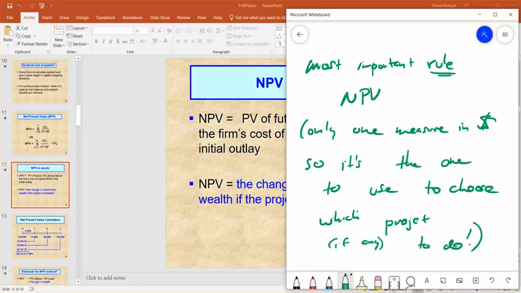But the NPV is the perfect tool for this and the primary one because it actually shows us the change in wealth of our company. And it does so in present value dollars. So if the NPV of a project is $100 million, then doing the project makes our company $100 million more valuable, which is something you'd like. It would be something good if you're in management, CEO, CFO, or if you're on the board helping to make these sorts of decisions. NPV, the primary rule for that reason.